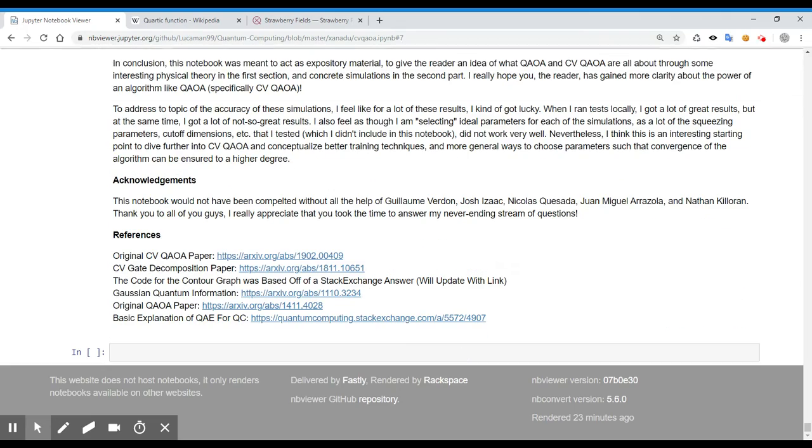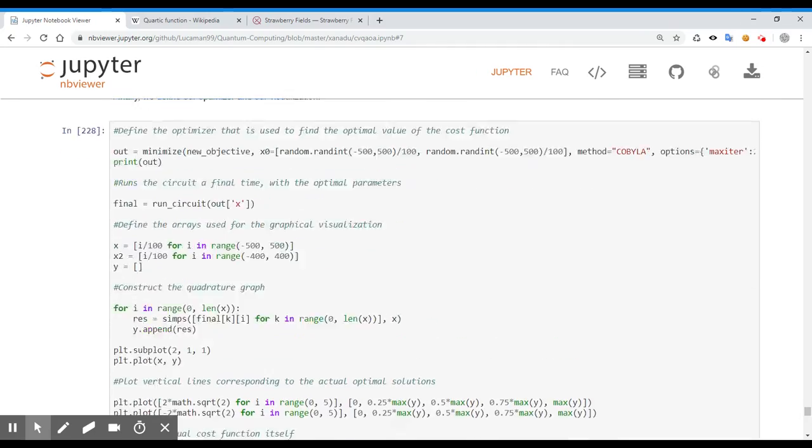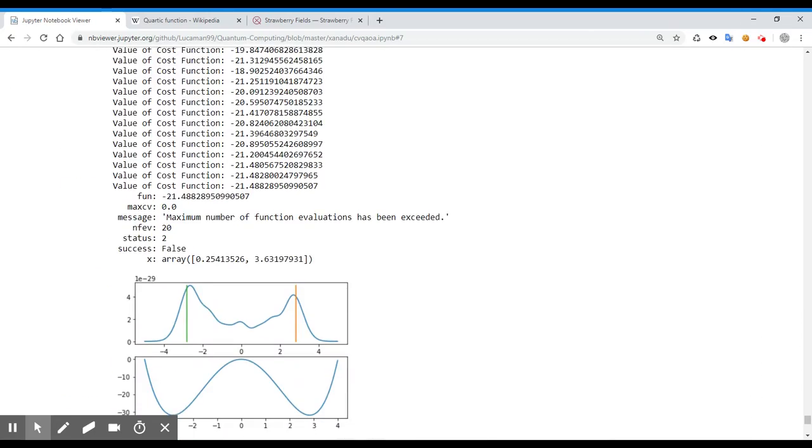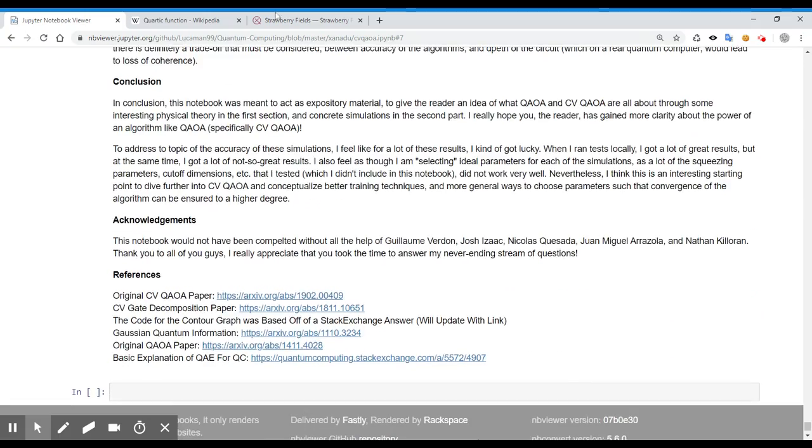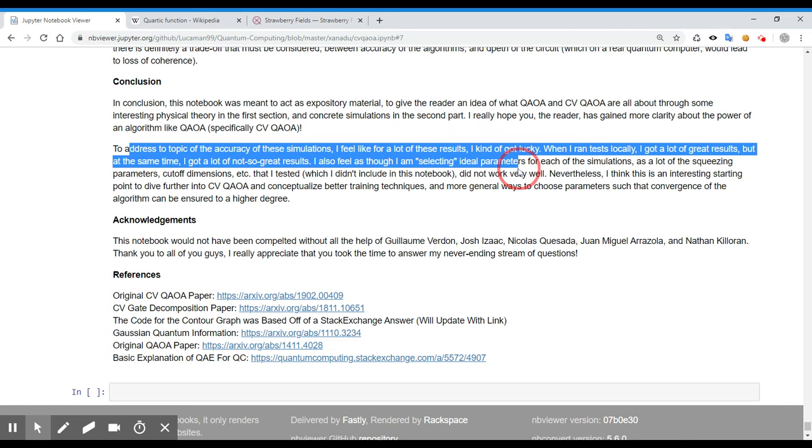Conclusion. Okay, so we got to the end. I thought it was longer, but I went fairly quickly through all that, so let me pause for a second and let that sink in. The conclusion is that this was meant to act as expository material to give the reader an idea of what QAOA and CVQA are all about, through some interesting physical theory in the first section and concrete simulations to gain more clarity about the power of this algorithm. To address the inaccuracy of the simulation, a lot of these results kind of got lucky